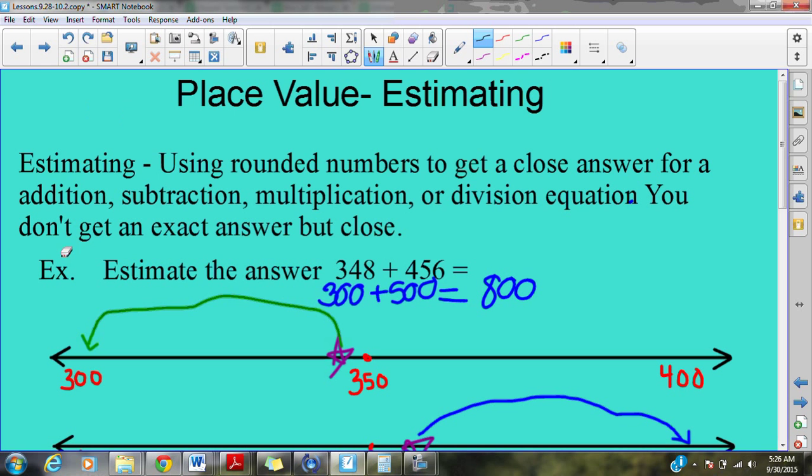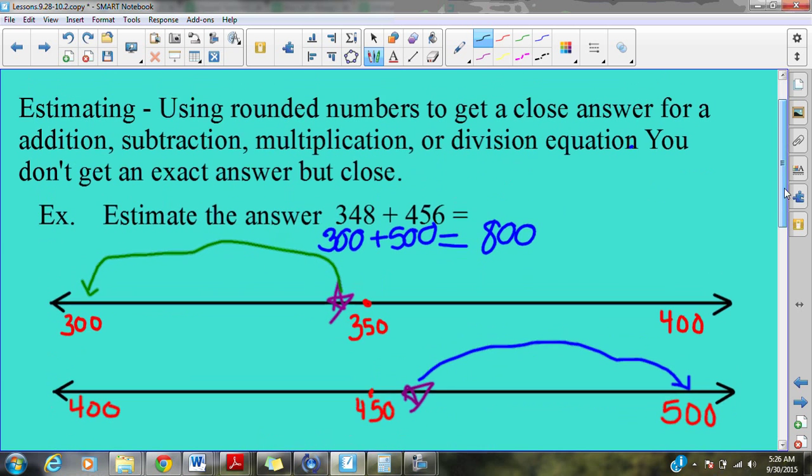So here's an example of estimating, and I used smaller numbers even though you will be using larger numbers. So I have 348 plus 456. I made my number lines and I used horizontal number lines today. So I rounded 348 first because I always start with the highest place value in smaller numbers because it gets you closer. If you're using a larger number, you probably want to use a different place, and we'll talk about that later. So 348 could round to 300 because it has 300s, or it could round to 100 more, which